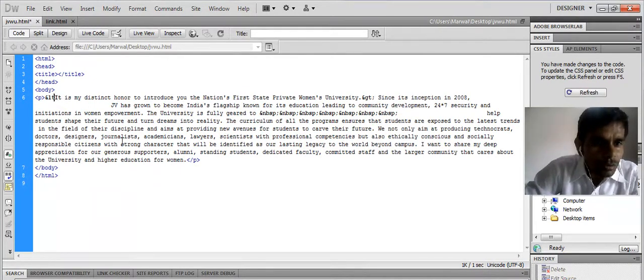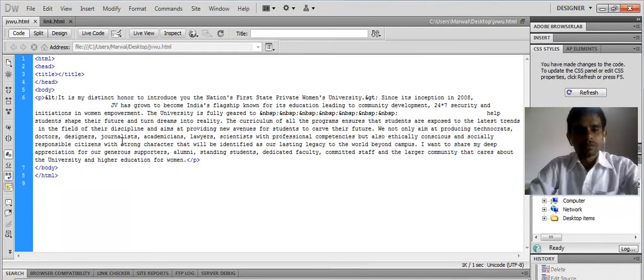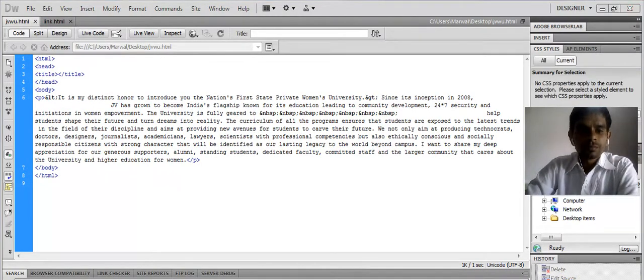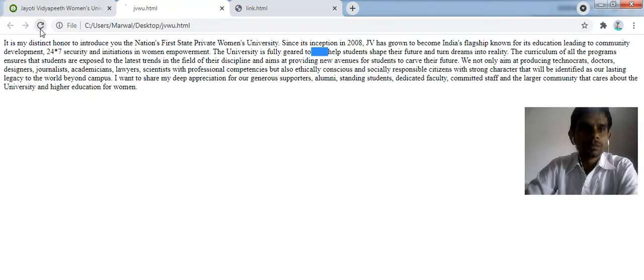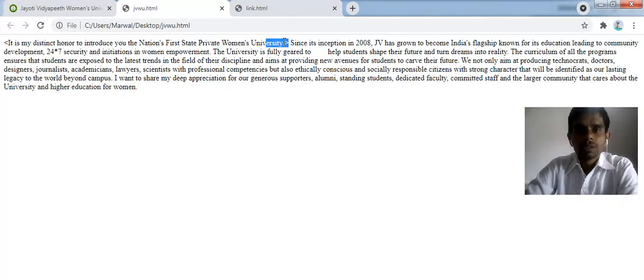Save your document and refresh the page. Find the output. This is your greater than symbol, this is your less than symbol.